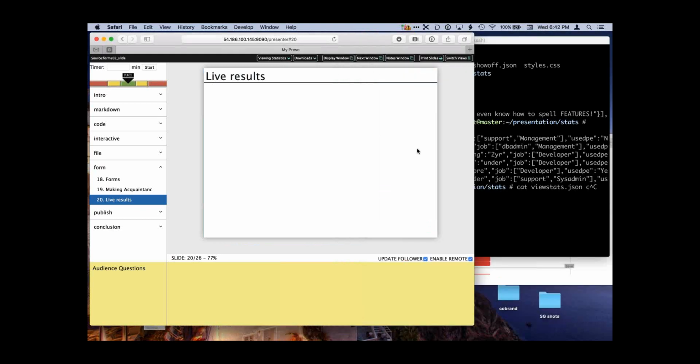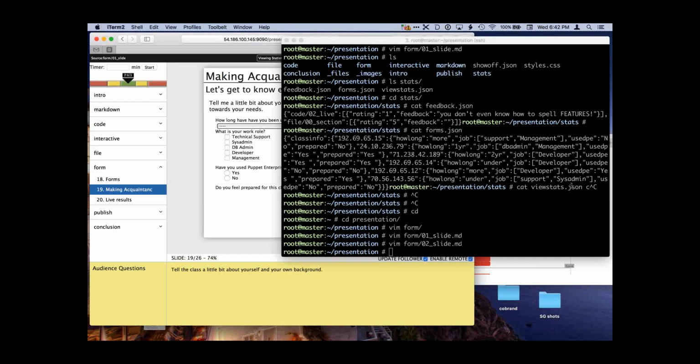Okay. I apologize. That should have gone up there, but there is a bug that I'm going to have to fix. We actually almost never show the results live like that. We have it show in the instructor notes, then copy them up so that students can see the results in the browser, but only after everybody has answered.